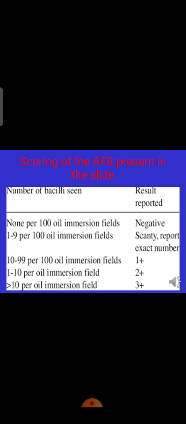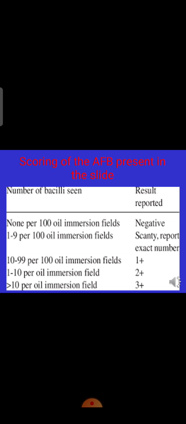Like, if we see 4 AFB in 100 oil immersion fields, we report scanty, 4 AFB per 100 oil immersion fields. If there are 10 to 99 AFB per 100 oil immersion fields, the result